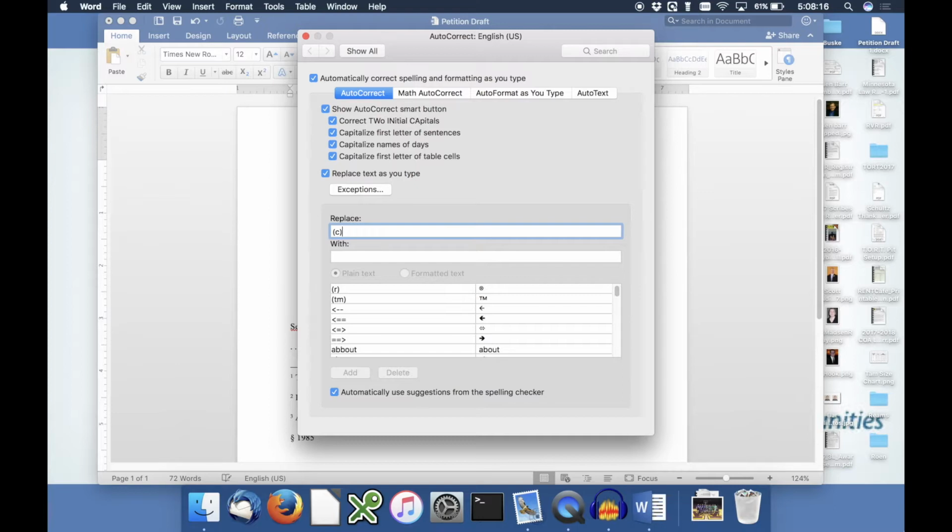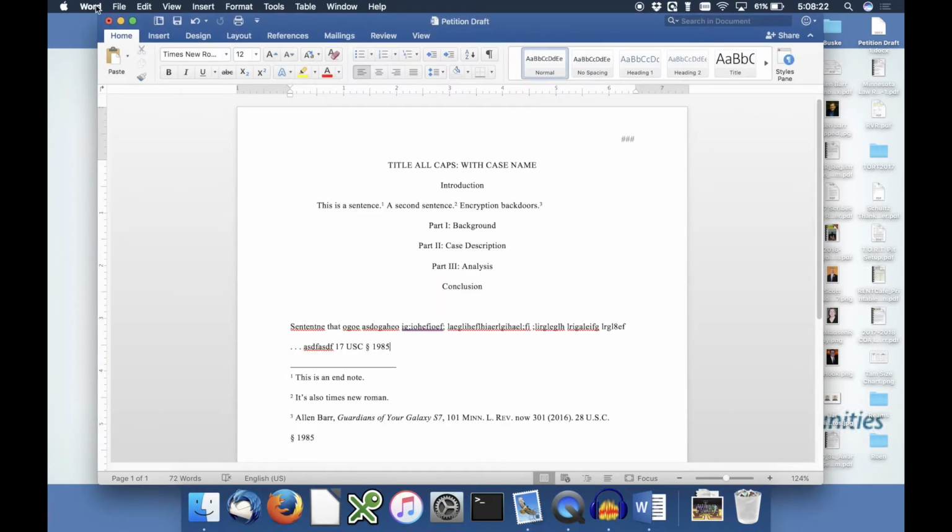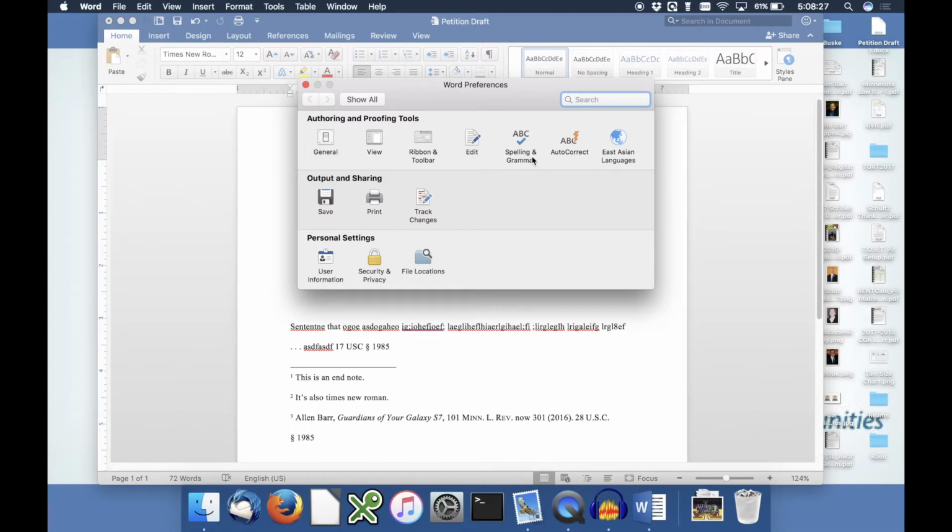Okay, one more preference change to make, then I'm going to talk just a little bit about how to get the various types of hyphens and dashes. So if you go into Word, go to Preferences. If you go over to Spelling and Grammar,